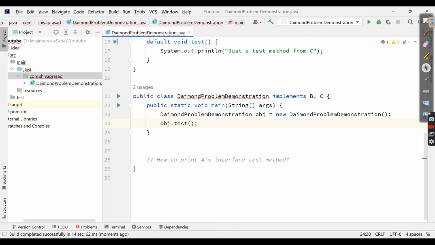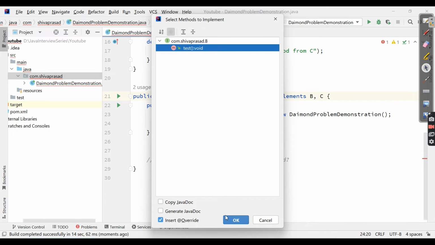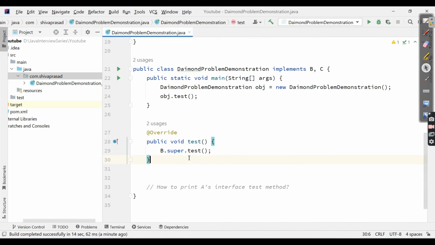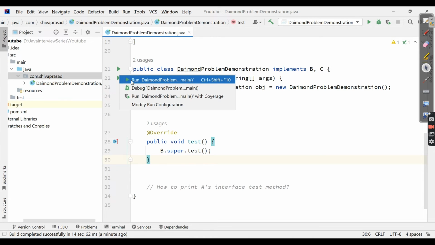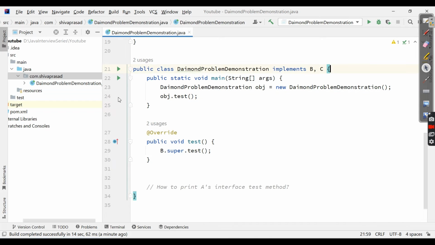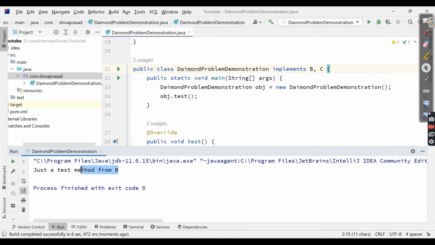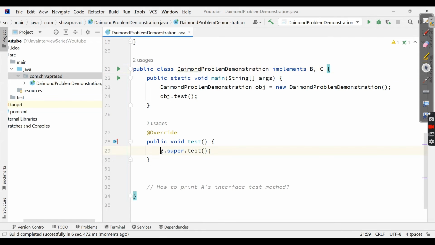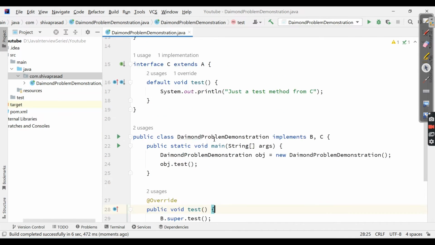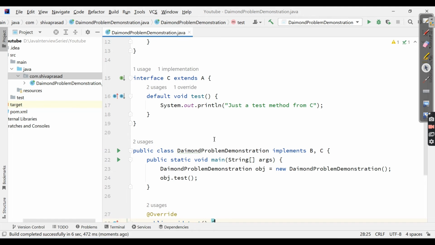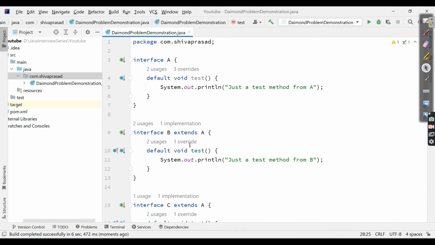You need to direct it. So for that, just implement the method. I'm saying call the base one, B. Now when I do this, there is no compile time error, you see, right? It's fine. You see it calls from B. And likewise, if I give C, it will call C. Okay, that's fine. So this is how you solve the diamond problem,